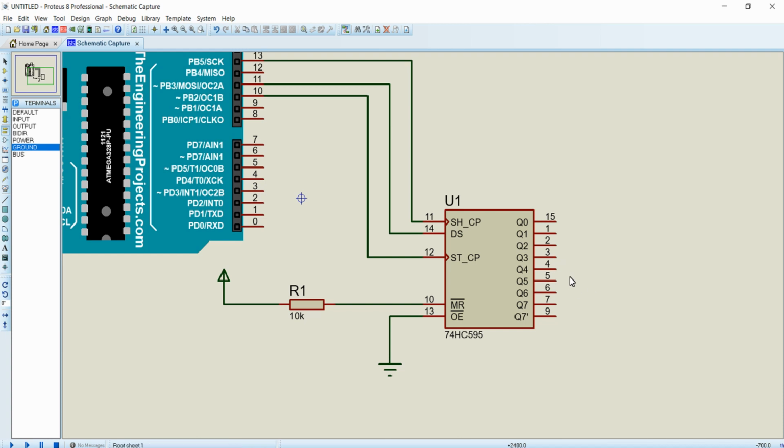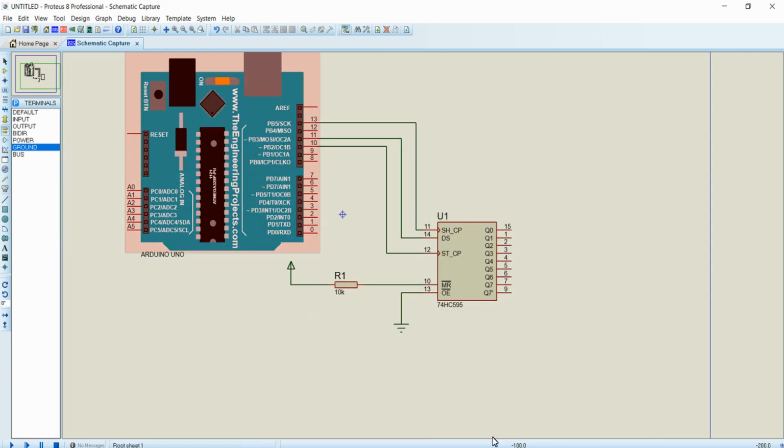So what happens is, 0x80 will be passed to these parallel lines. So this Q7 will be made high. Along with this, Q7 bar will also be made high, so you don't need to worry about that. We are just making the Q7 bit high by passing 0x80. And when you pass 0x01, only this 0th bit will be high and all the other bits will be 0. So Q0 will be high and all the other bits will be low. And when you pass 0x80, this Q7 will be high and all the other bits will be low. That I will explain later.